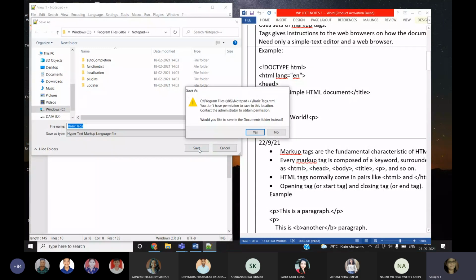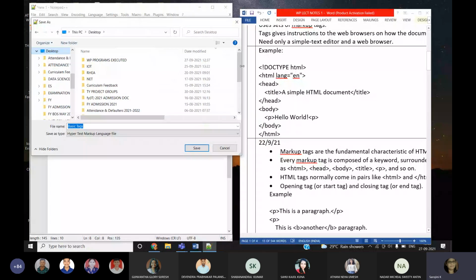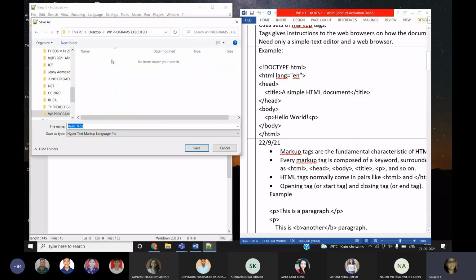Better you create one folder in any of the drives in your computer. Here, look at here. Inside this PC, I have desktop. This is a default folder. Within the default folder, I have already created a new folder. Okay. So inside this folder, I am saving the program.